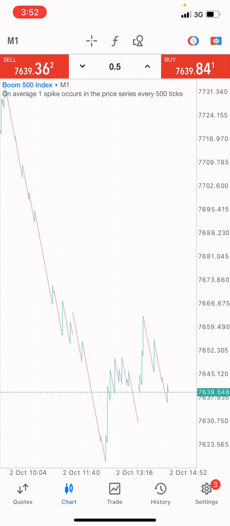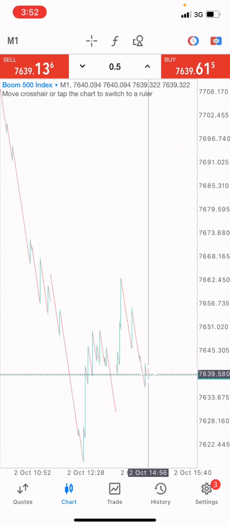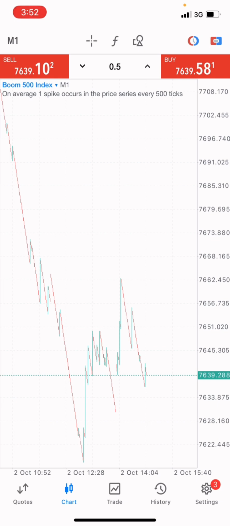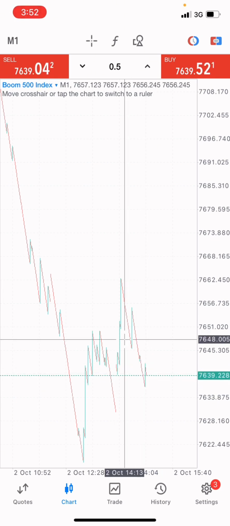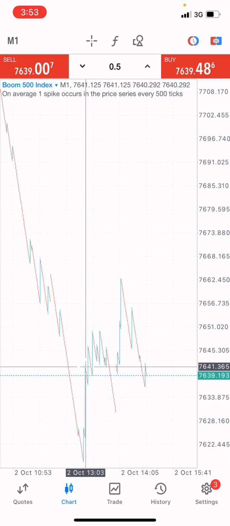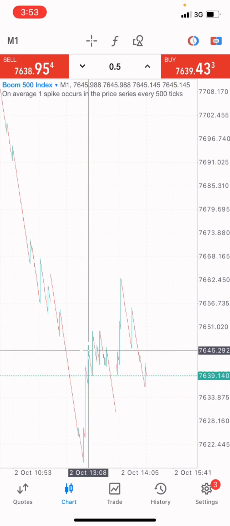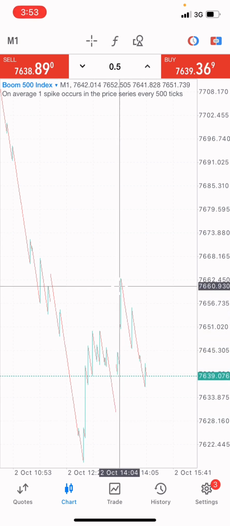All right, so you just saw what happened on the crash market. Let me show you guys how you are able to trade in the boom market successfully like a professional trader. All right, on the boom market right now, price is towards the oversold level at this very point in time, towards this point, as you can see right now. And if you take a look at this pattern, this is the 1 minute time frame. Okay, market has bought, it sold a little bit, it bought, it sold a little bit, just like that, and you can see the spike going upwards to the market, right?